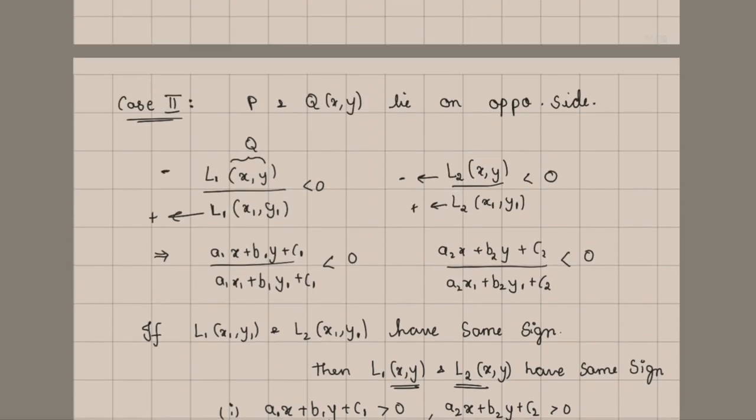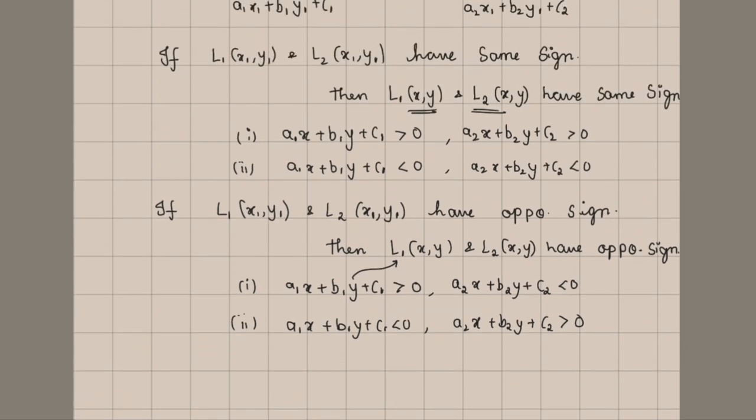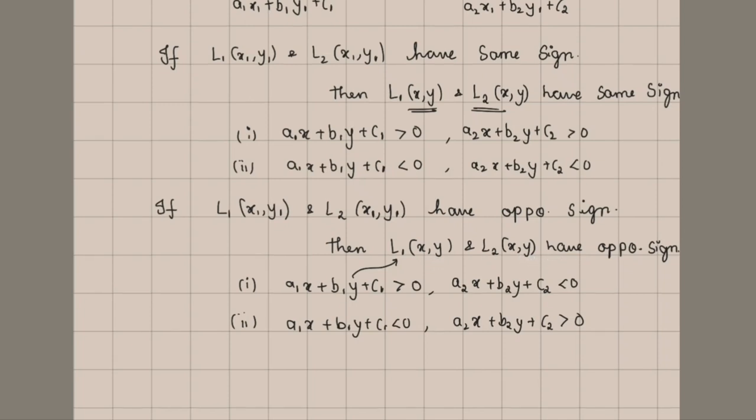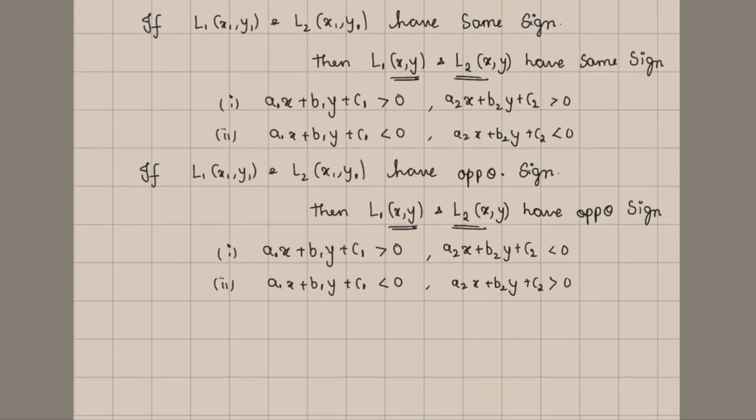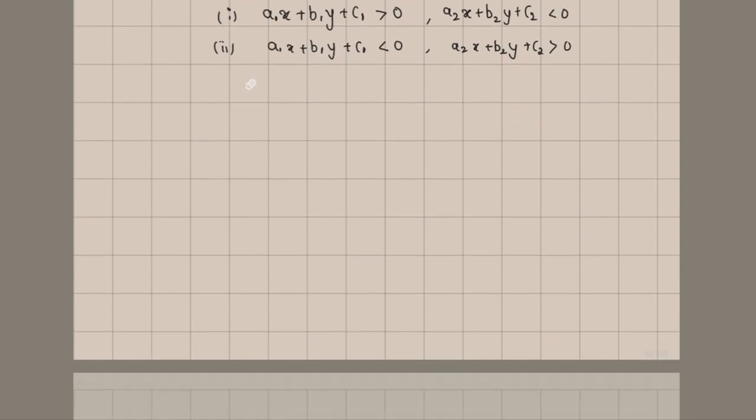If you observe, in both cases we got the same conditions: if L1 and L2 of x1 comma y1 have the same sign, then L1 of x comma y and L2 of x comma y will also have the same sign. Similarly, if these both have opposite signs, then L1 of x comma y and L2 of x comma y will also have opposite signs. In both cases, we got the same result. So if we conclude,